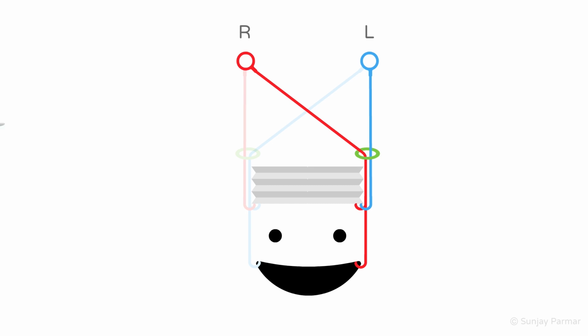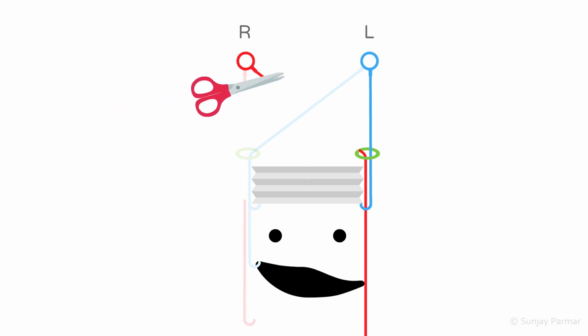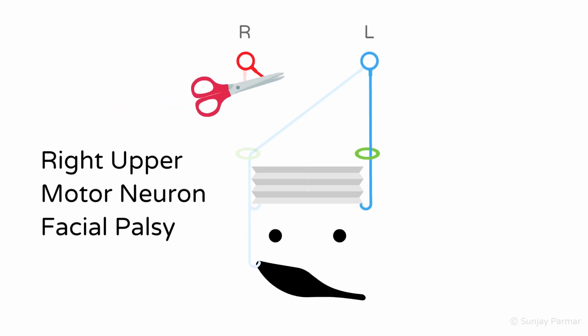Common upper motor neuron lesions are strokes, multiple sclerosis, and tumours. This is represented by the scissors. Let's imagine that the corticonuclear tracts arising from the right motor cortex are damaged. This means that the right motor cortex cannot influence the facial nerve on either side. The left facial nerve supplying the lower face is normally under the exclusive control of the right motor cortex. As this connection has been cut, the left lower mouth corner drops down.